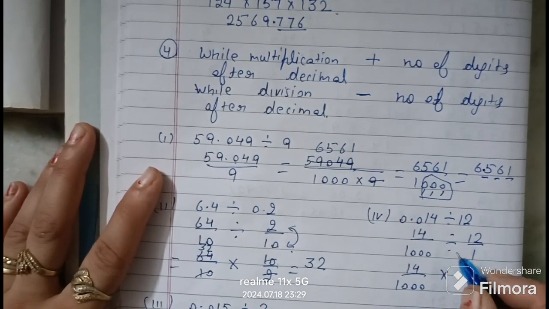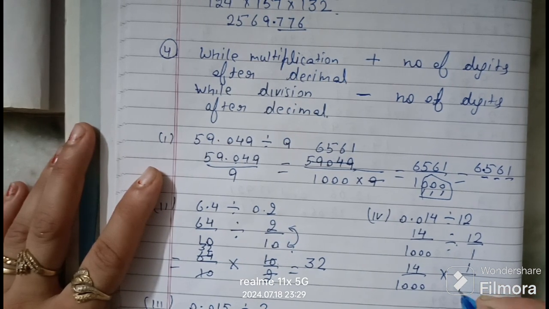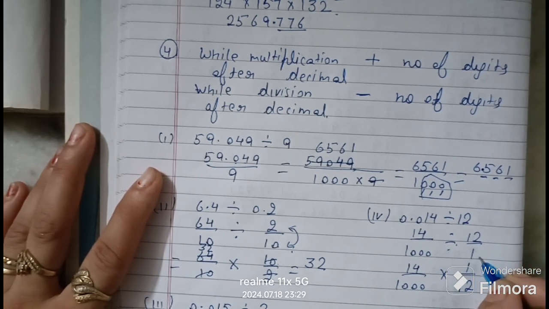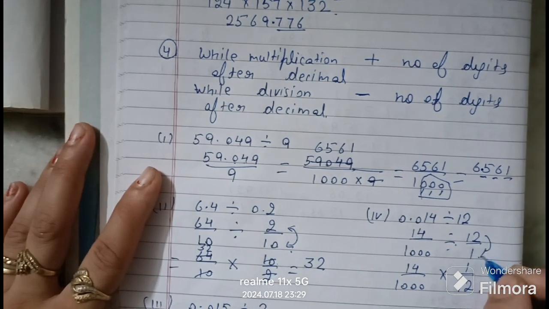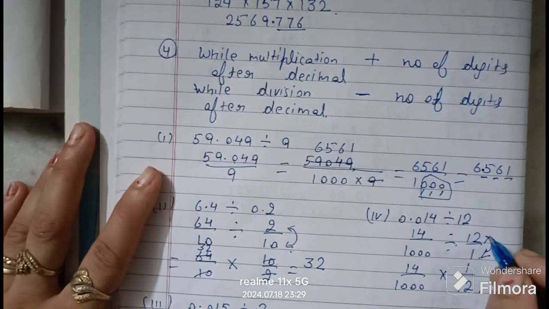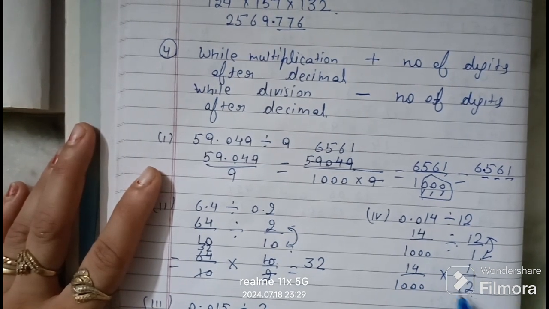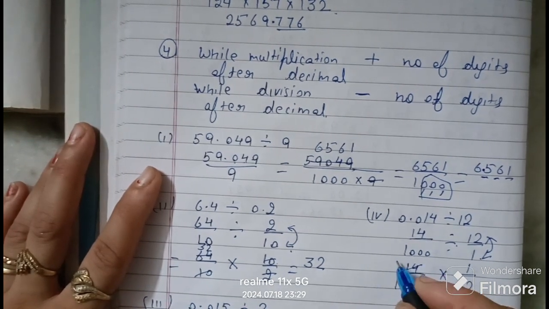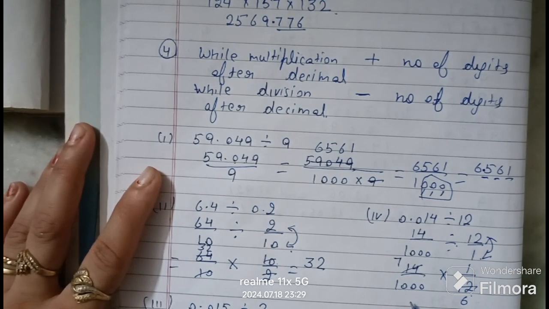Reciprocal क्या होता है? Numerator changes into the denominator. Numerator denominator बन गया, and the denominator changes into the numerator. Whether anything is common in it? Yes, these two numbers are divisible by 2. 2 sevens are 14 and 2 sixes are 12. Oh my god, this is not in the easiest form. That is 7 by 6 and 1 by 1000.